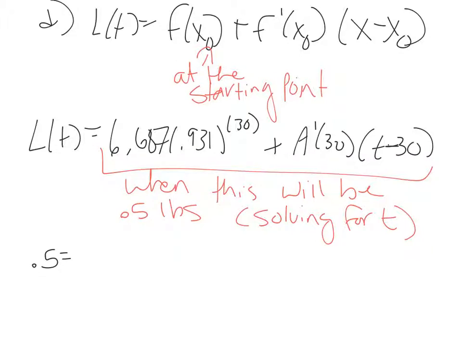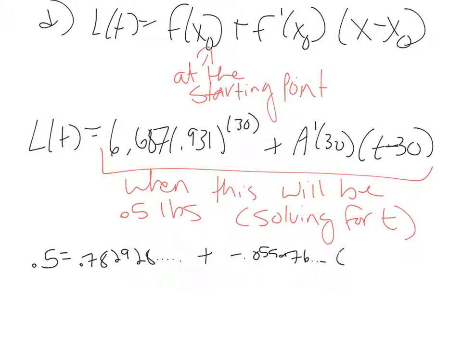This first guy ends up being 0.782928, and so on. And so I'm going to keep that in my calculator, I'm going to store it as A. Okay, and then I'm going to do the derivative, which ends up being something like